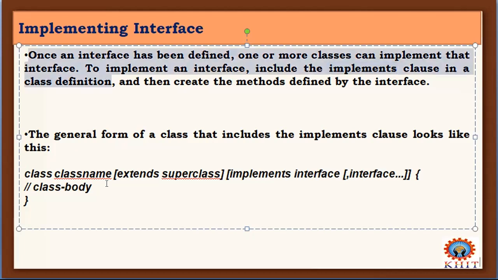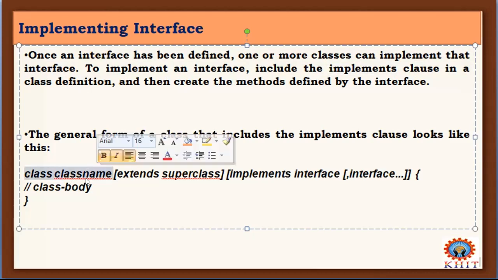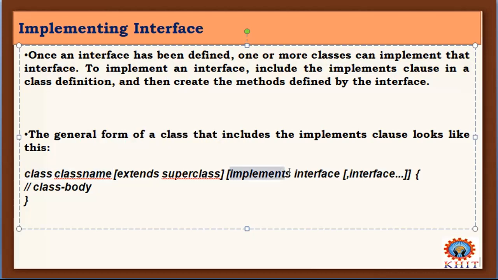You are writing a class. If you want to make use of this interface with your class, so if you want to have a relationship between the interface and a class, you need to write a statement called implements. Okay, implements and a keyword rasi, then the name of the interface. So you need to give the name of the interface.